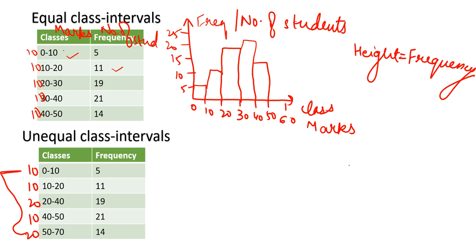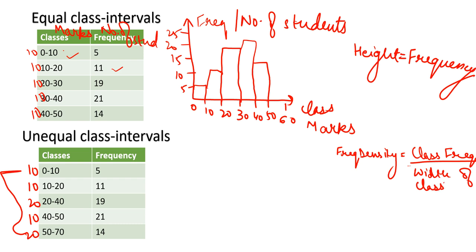So there's a very basic formula to finding the heights. That is, first of all, frequency density is equal to class frequency upon width of class interval, right? What will be a height? It will be simply frequency density